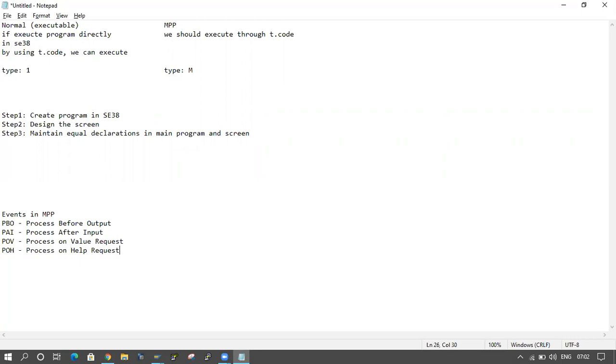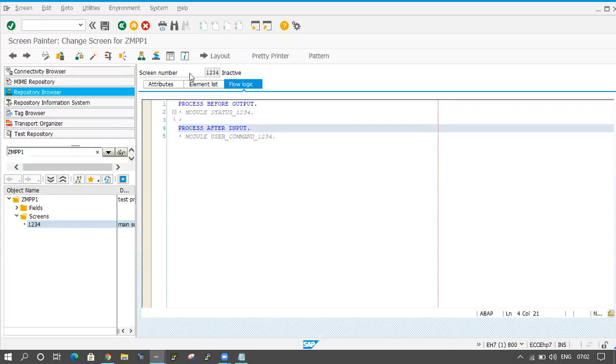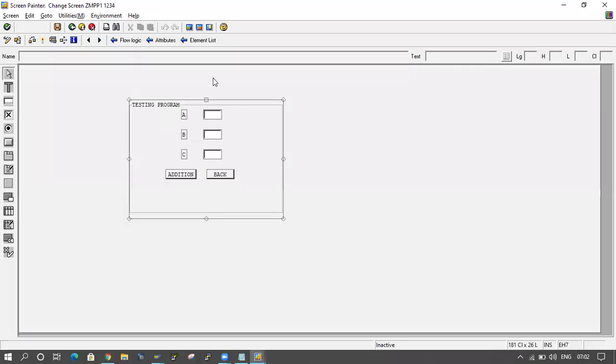So what is the PBO here? Process before output. See, I am displaying a screen here. If I want to apply some default values, if I execute the program, by default I want to display A equal to 10, like that.